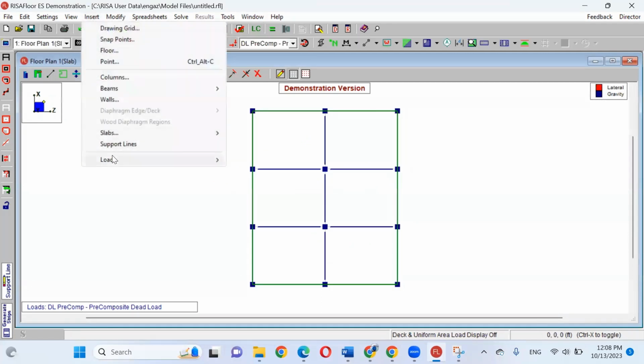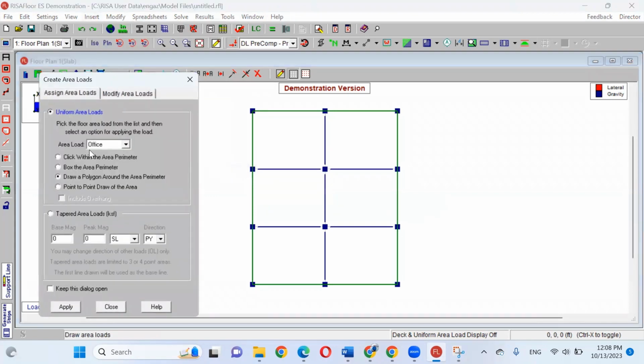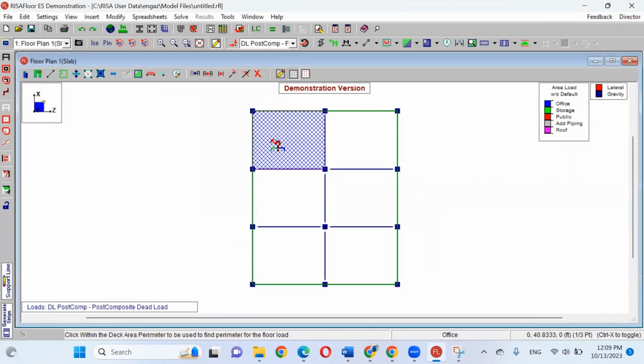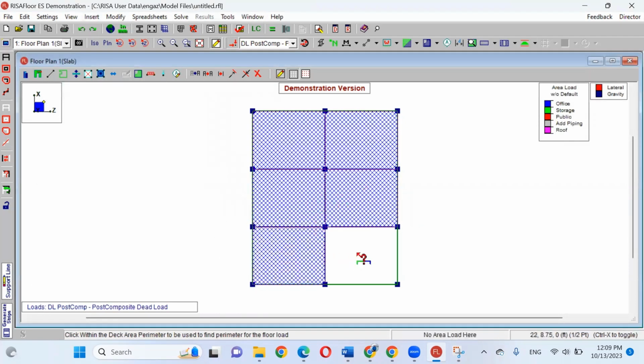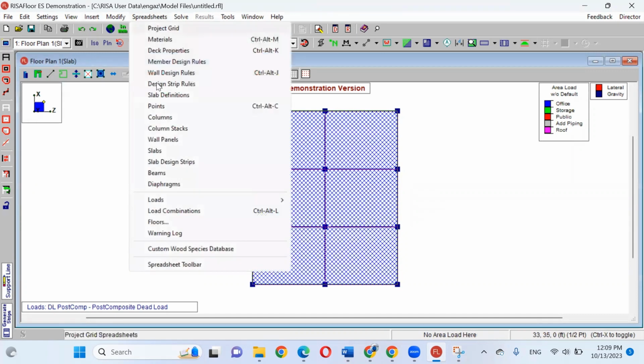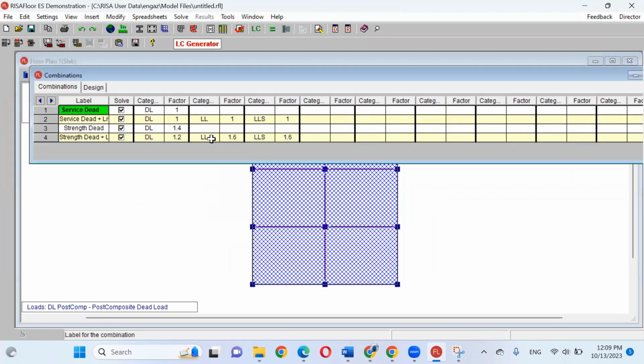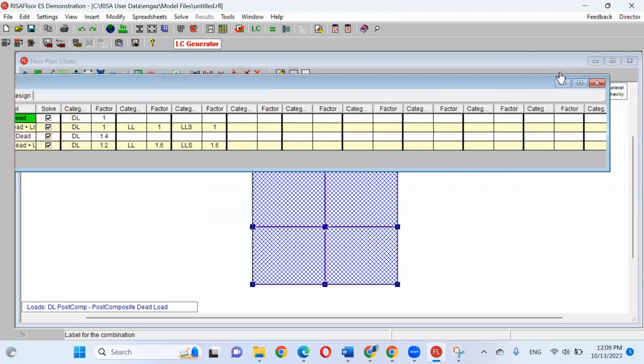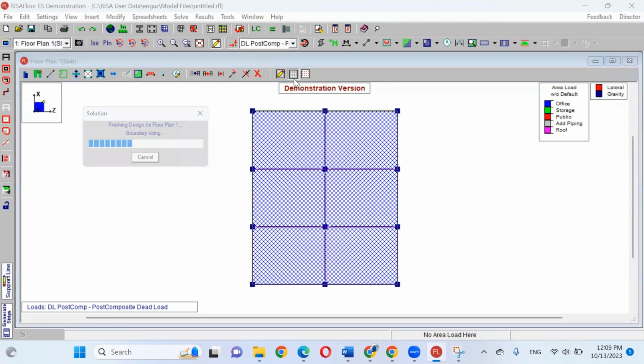From Insert, loads, if you would like to define the load, it's up to you. Area load, it's office. I will apply it, and I will select it point to point or just click. Let's try to click. Yes, we can click it. If you look here, the blue color is office building. Spreadsheet, make sure you have the required combination. This step is just to check, and then we can start to solve.